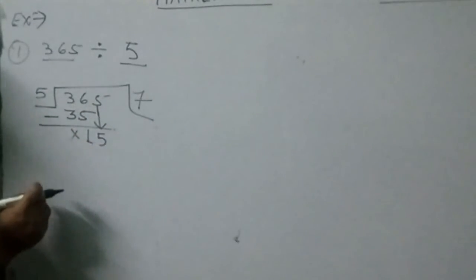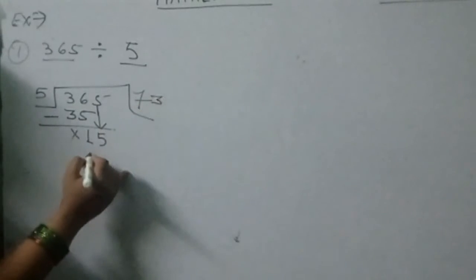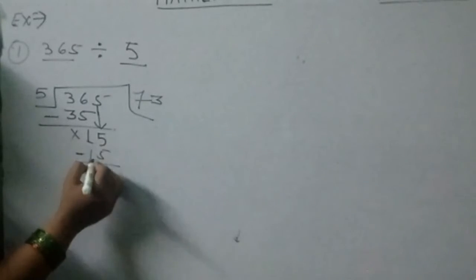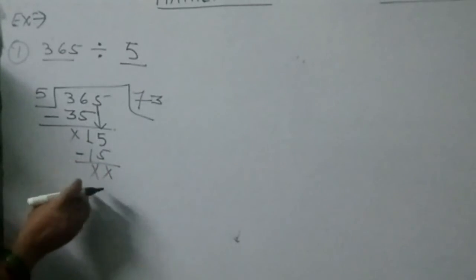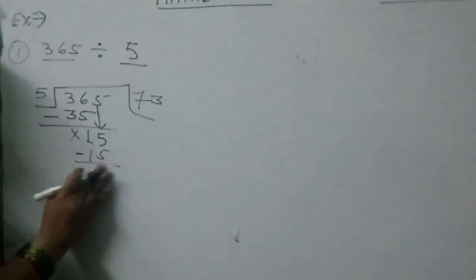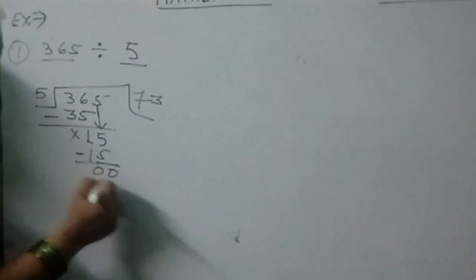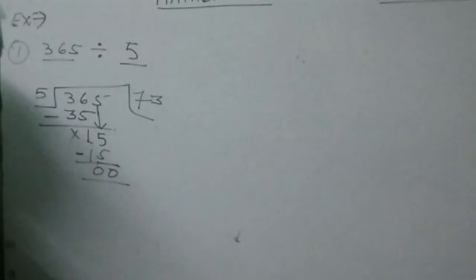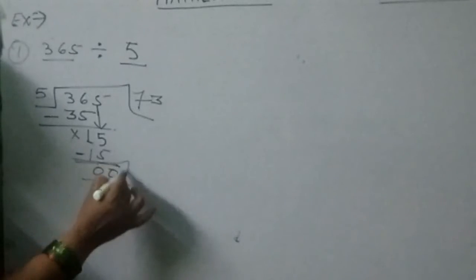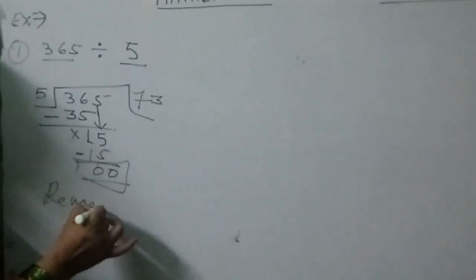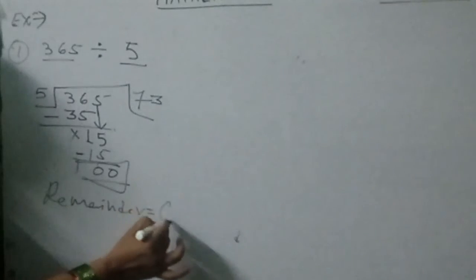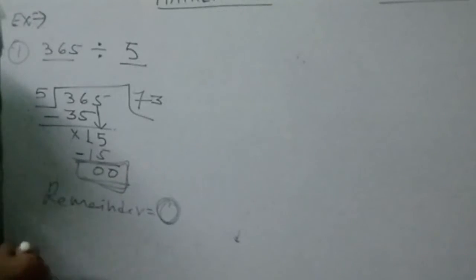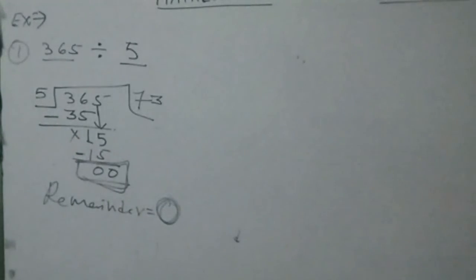Read the table. 5 3s are 15. Then 15 minus, put the minus sign here, 5 minus 5 is 0, 1 minus 1 is 0. In place of the cross you can write 0 also, okay? You can write 0 also, or you can put the cross. Okay, the remainder is here. What is the remainder here? The remainder is 0. What is left down? Nothing. So the remainder is 0. In the same way we have to divide the number.